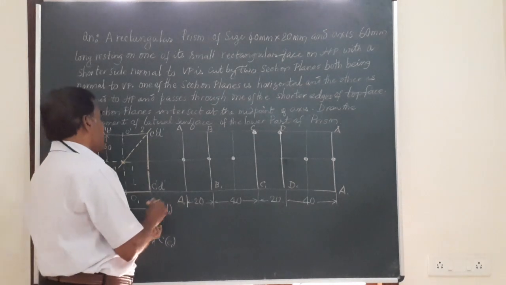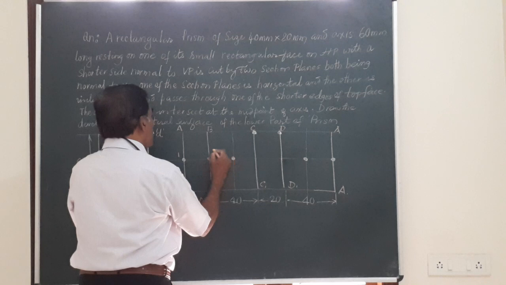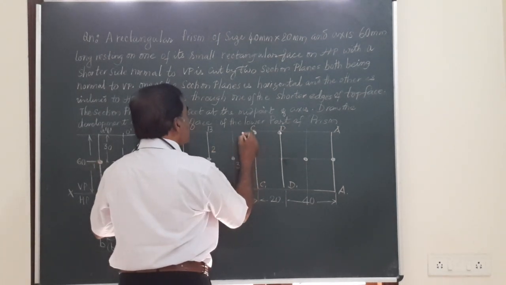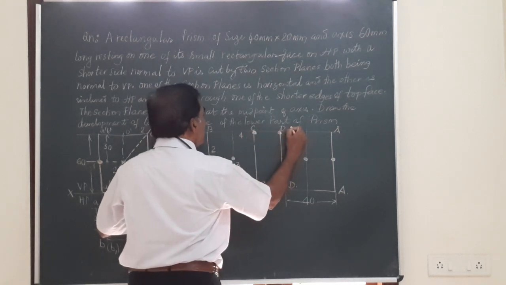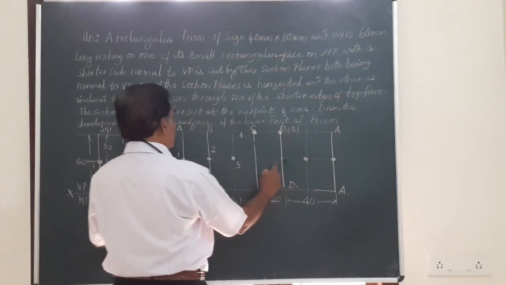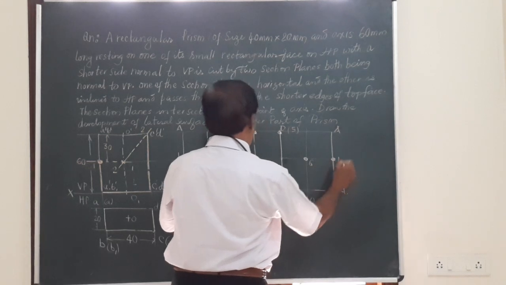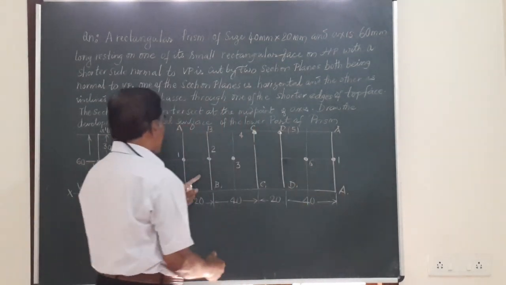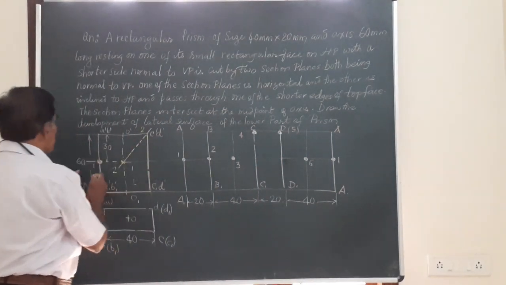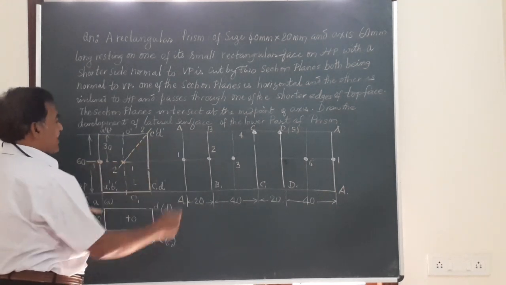So I will start from this point A. Mark it as 1. This is 2. Point 3. 4 coincides with C. 5 coincides with D. And again here this point is a separate point. We can call it as 6. And this point is 1. So 1 and 1 on AA1, 2 on BB1. If you want, you can transfer them here. So this point is going to be 1, 2, 3, 6, and this is going to be 4 and 5.